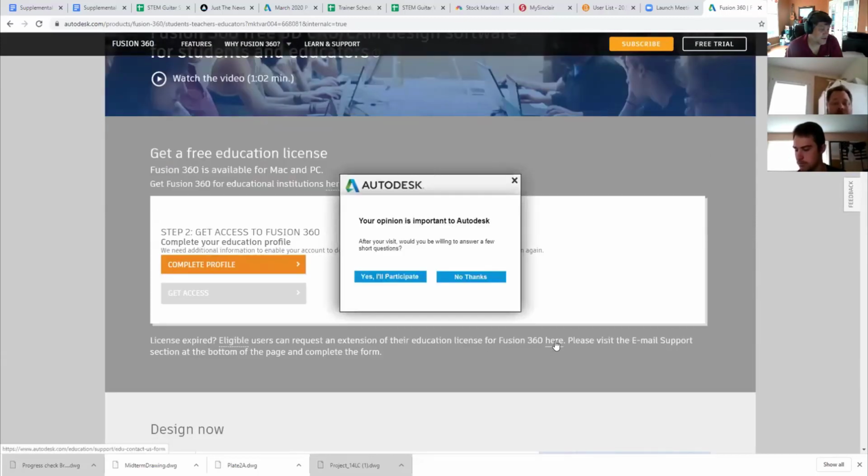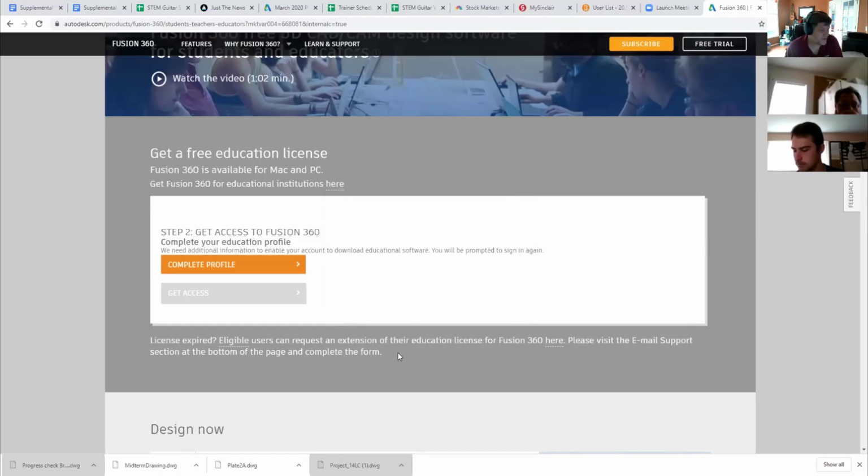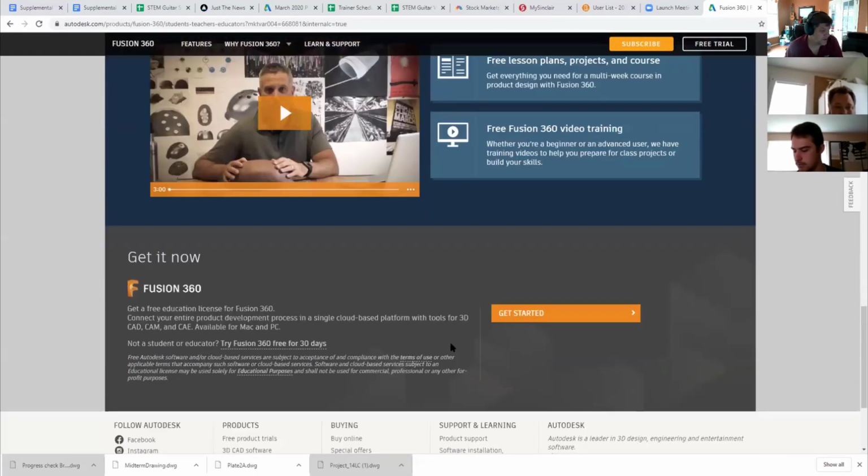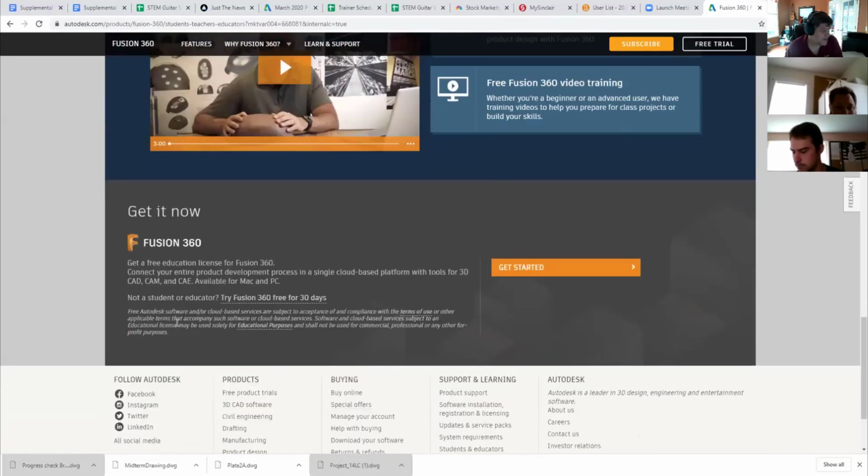So eligible users can request an extension of their education license, you can visit email support at the bottom, is another aspect. So down here will be email support. So you get it free for 30 days, but then, let's see here,